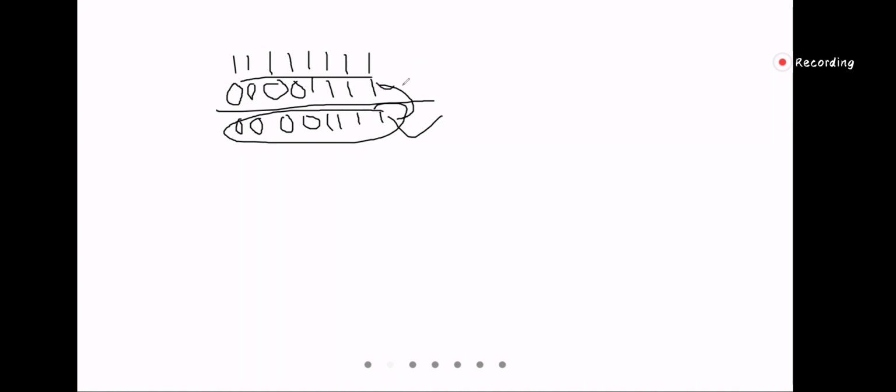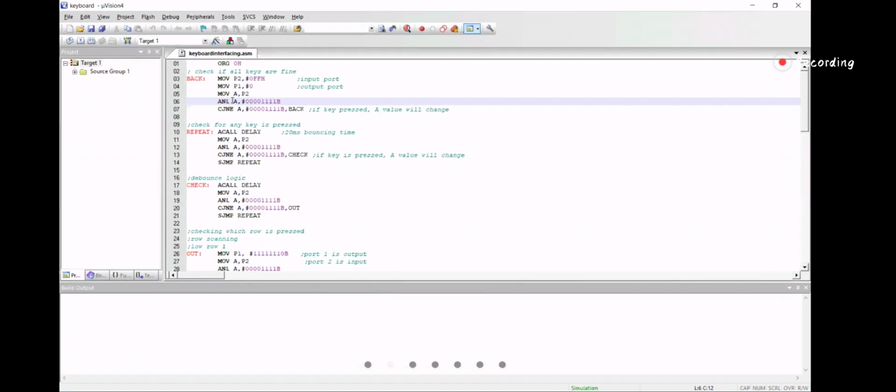So I will check with this default value. I'll do the AND operation with 1 1 1 1 1 1 1 1 in the accumulator, with the default value 0 0 0 0 1 1 1 1.